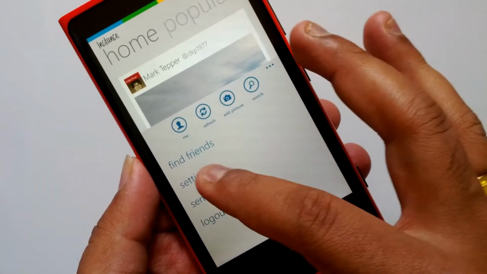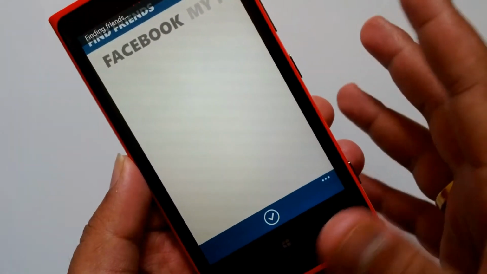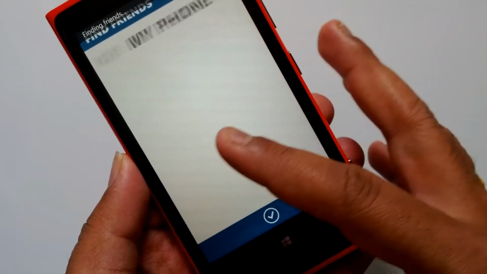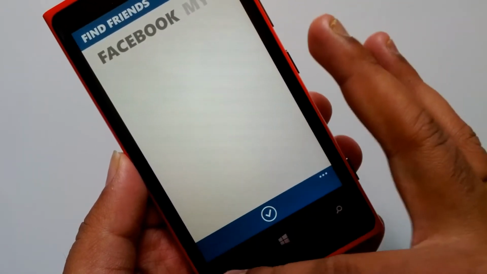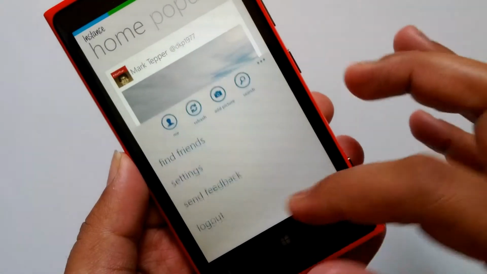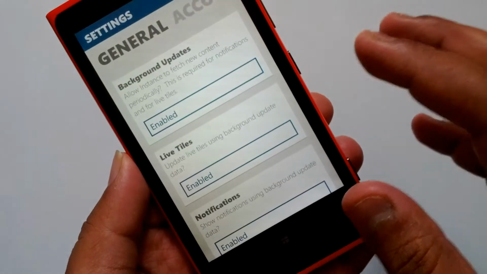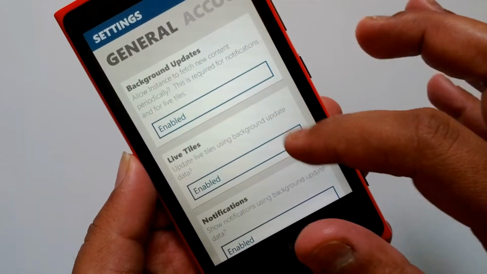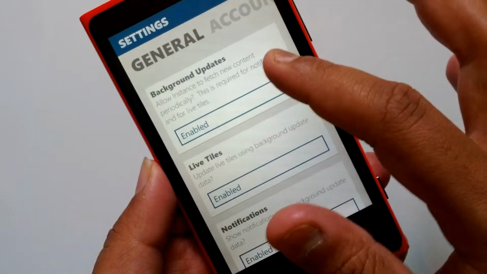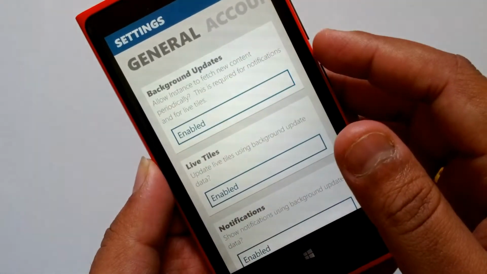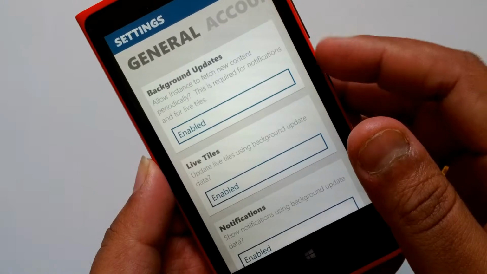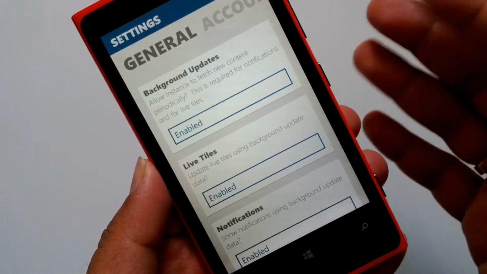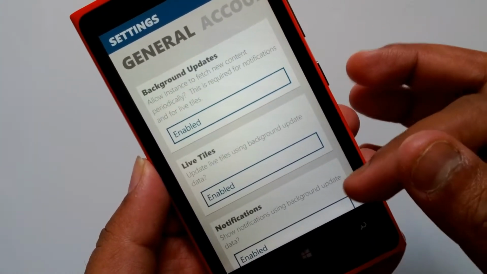From the settings, you can see find friends, where you can search for friends from your Facebook, from my phone, etc. Apart from that, you have the settings, and here you get a lot of options. General background updates: allow Instance to fetch new content periodically. This will automatically refresh the content for you.